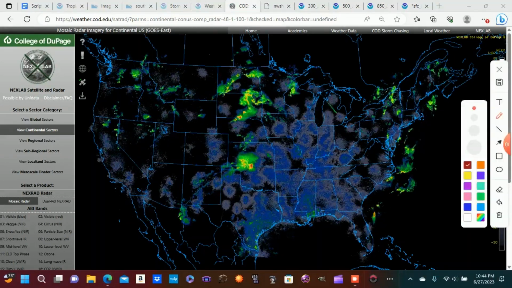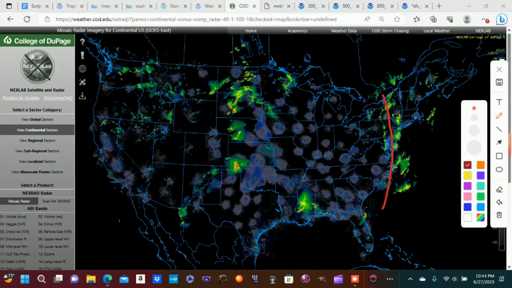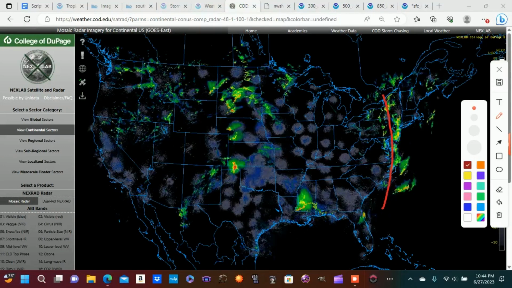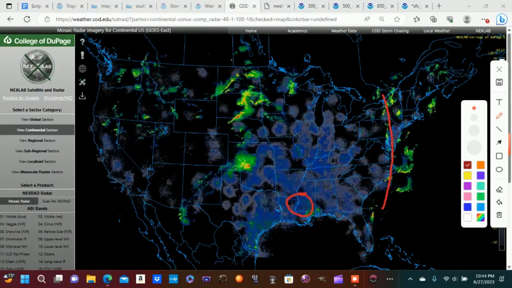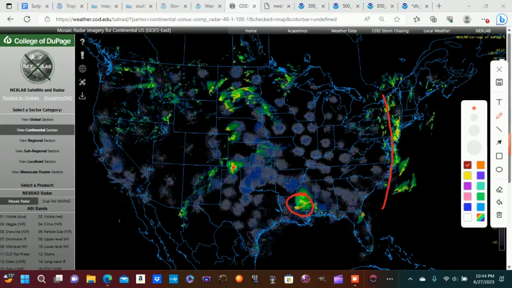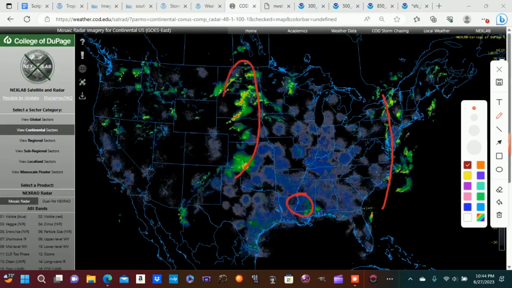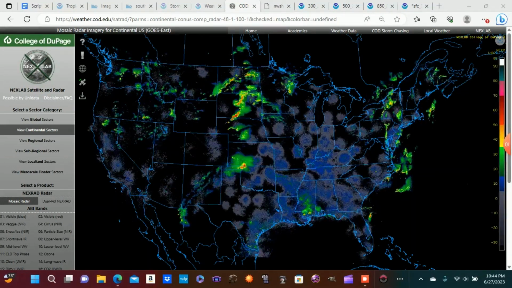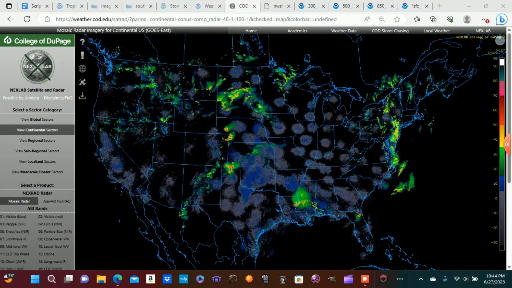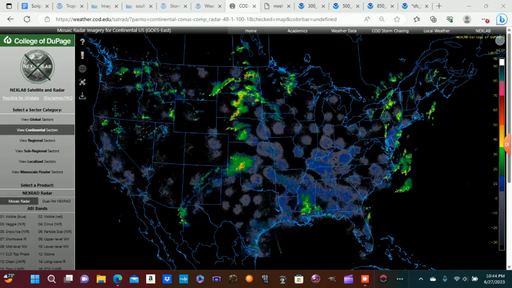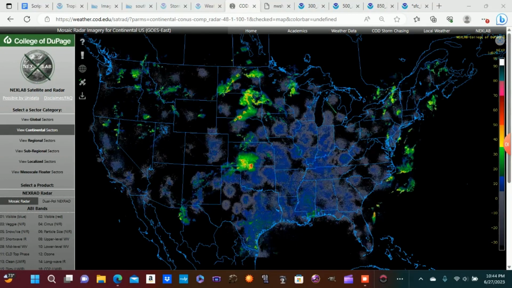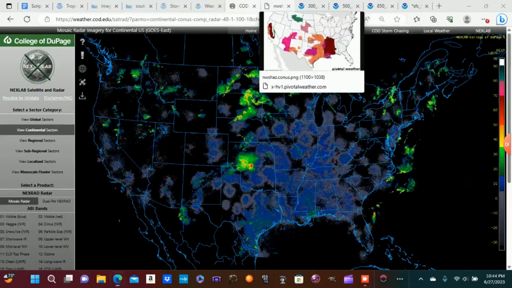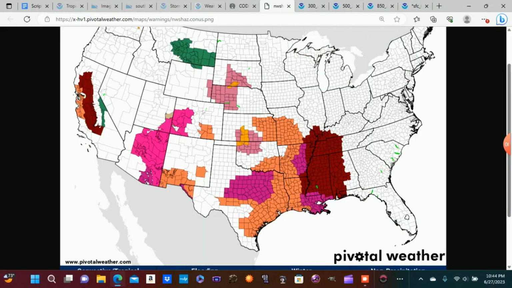You've got some scattered showers and storms that are in advance of a cold front over the northeastern U.S. and down through the eastern seaboard. We have a decaying cluster of storms that were over Mississippi earlier this evening, and then back to the west over the high plains, we have several different rounds of storms that are ongoing. This round over in northern Oklahoma and Kansas has produced some pretty significant straight line winds, several gusts well in excess of 80 miles per hour that were reported.